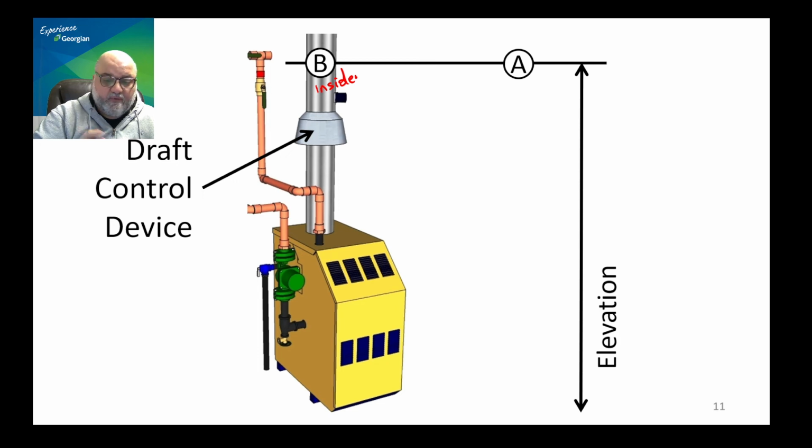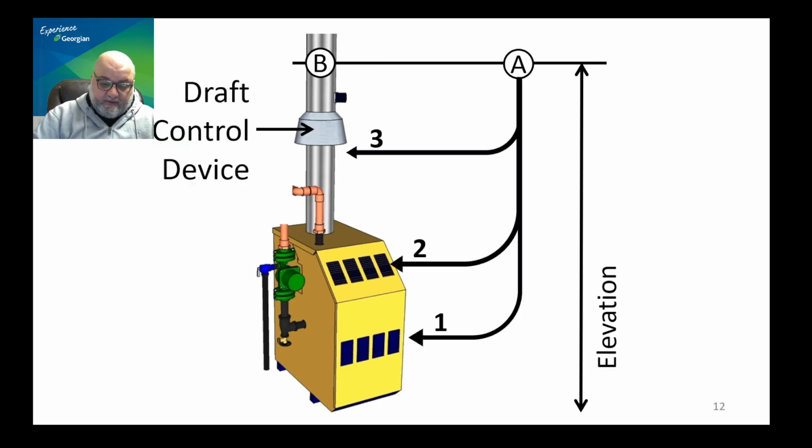So when you compare A to B, A has a higher pressure, meaning A will push its way into the system here. Of course, these lines 1, 2, and 3 are symbolic. Air doesn't move like that. Air moves in a whole bunch of different directions. So this is called primary air,